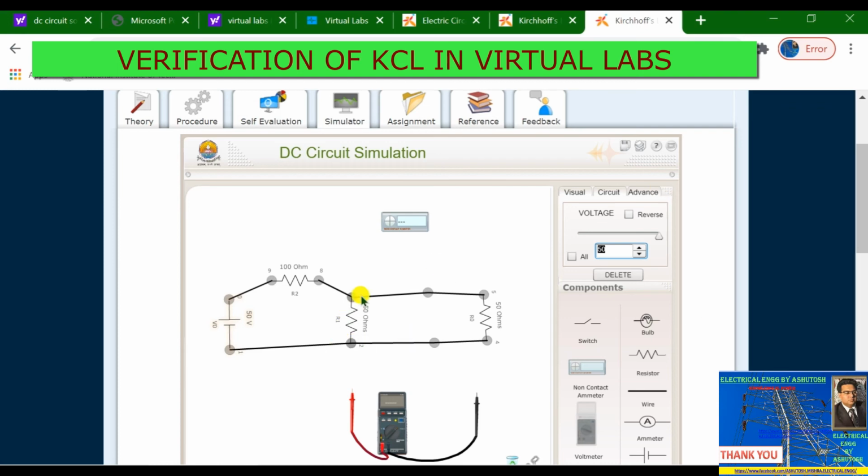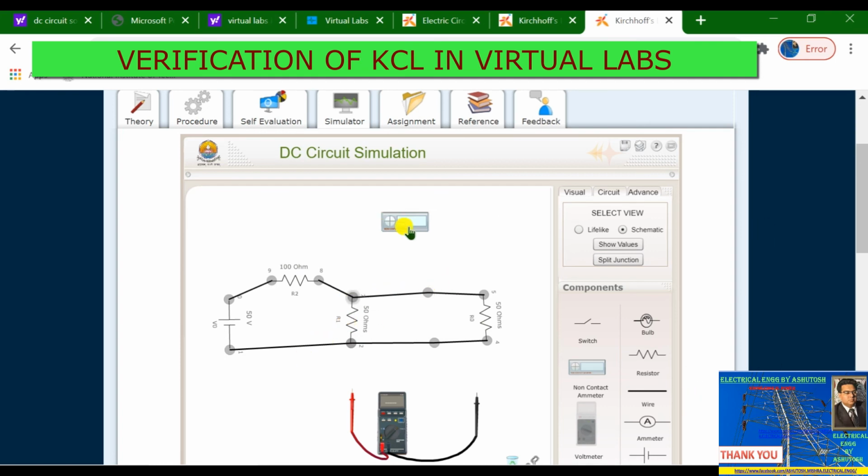So here this is the node, and here the incoming current is this I, the current provided by this voltage source, and the current is divided into two parts from here. From this node, one current is flowing through this 50 ohm resistance, and one current is flowing through this resistance, I1 plus I2. So I equal to I1 plus I2 should hold, or the algebraic summation of current at the node should be equal to 0.